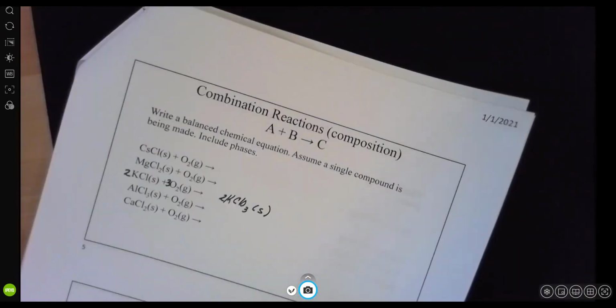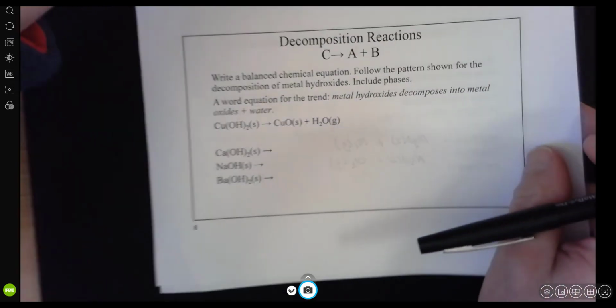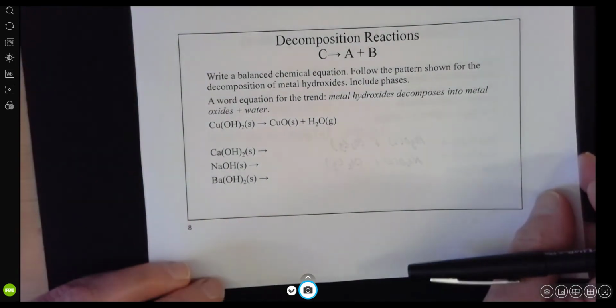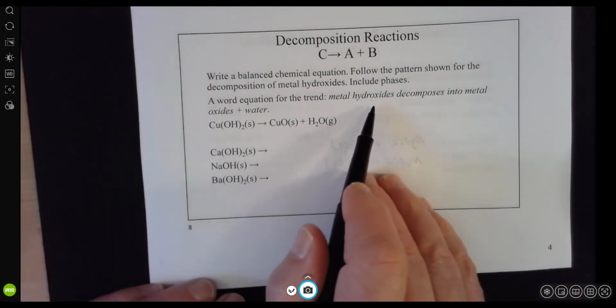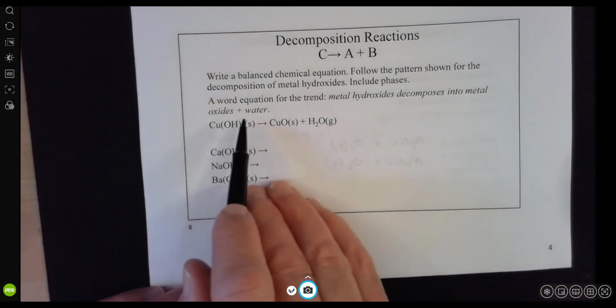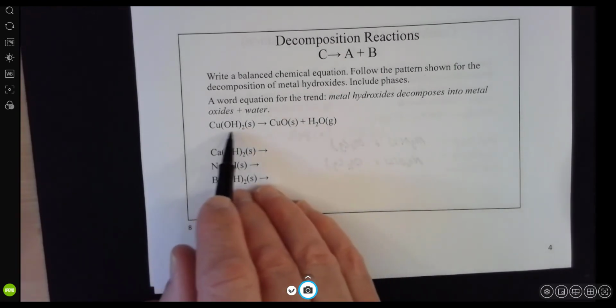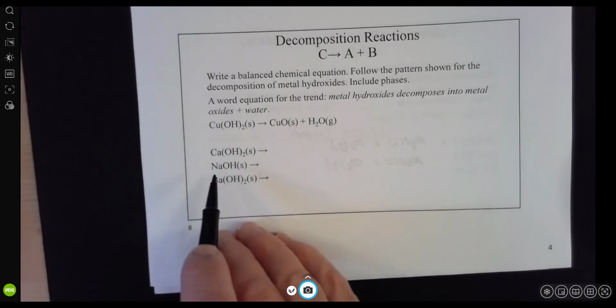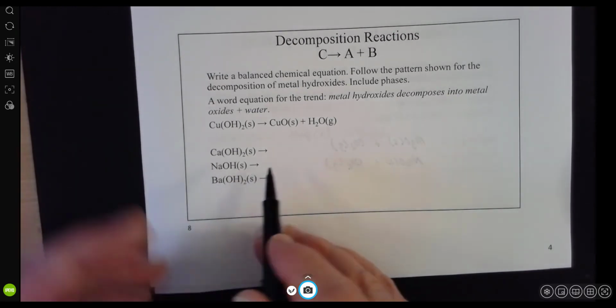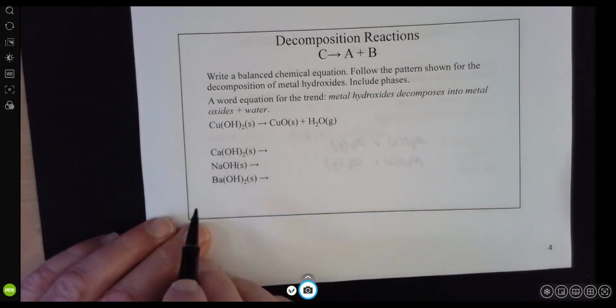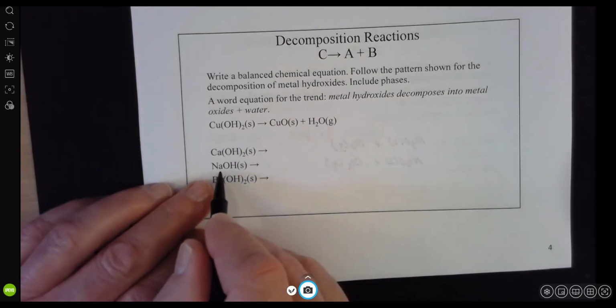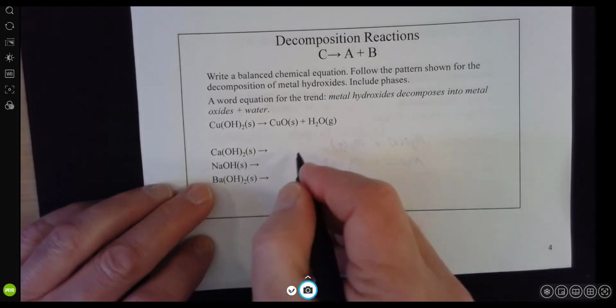And now we're going to look at the last trend, which is the decomposition of hydroxides. All right, so let's look at this one over here. It says metal hydroxides decompose into metal oxides plus water. So here's a metal hydroxide. It turns into the oxide plus water. So let's go ahead and try to do one. Maybe let's do this bottom one over here. So what would be the metal oxide if it's sodium over here? Well, that would be